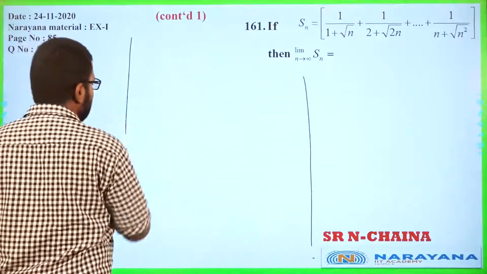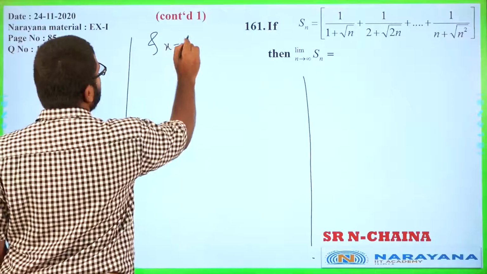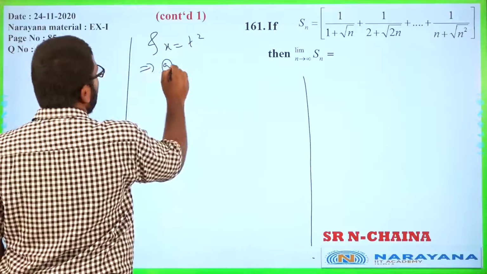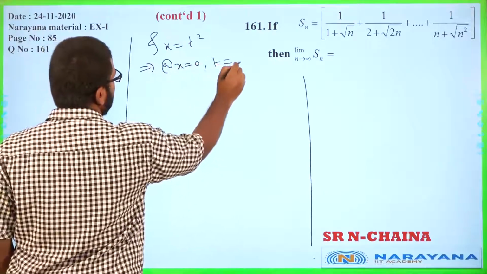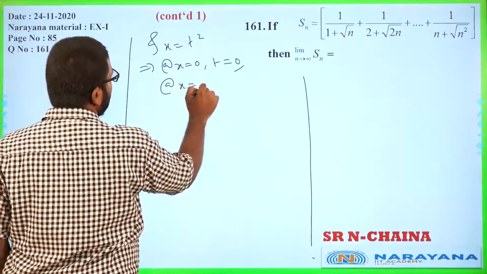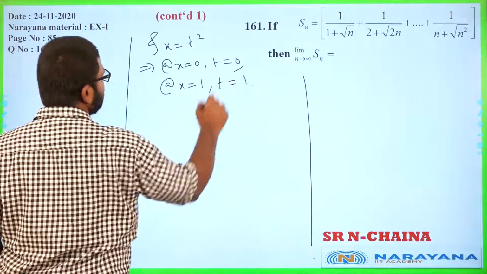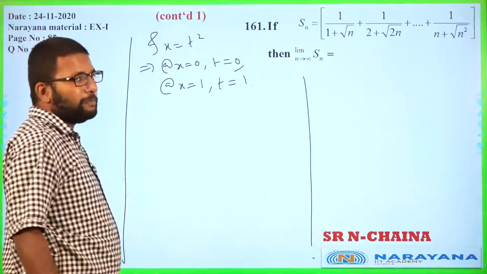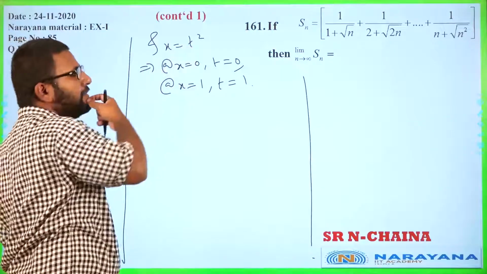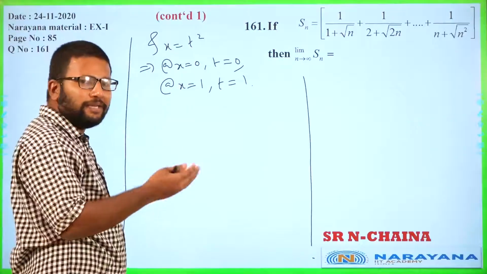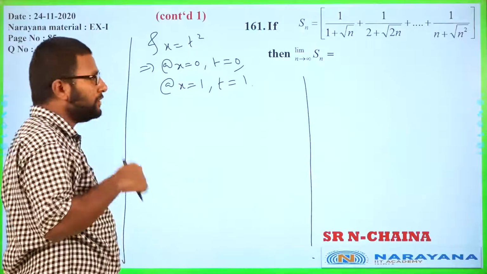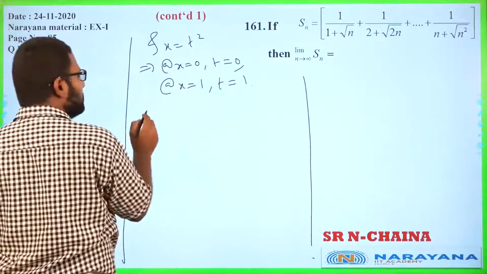0 and 1, and x equal to t square implies at x equal to 0 t is equal to 0, at x equal to 1 t is equal to 1. Correct? Keep in mind that deliberately we will not take t equal to minus 1 because we have taken t itself as root x, which means t must be positive. So keeping all this in mind,